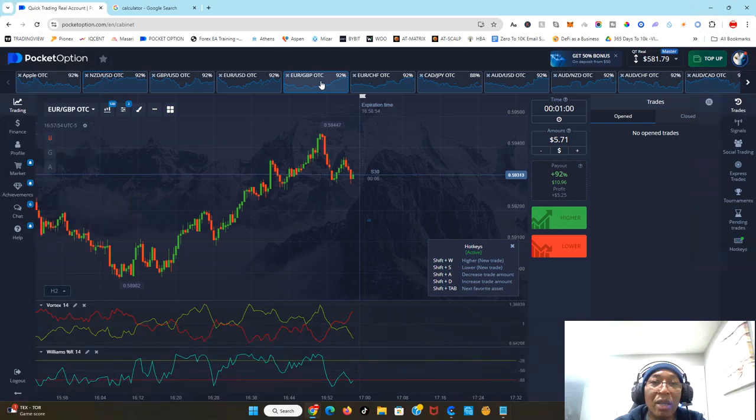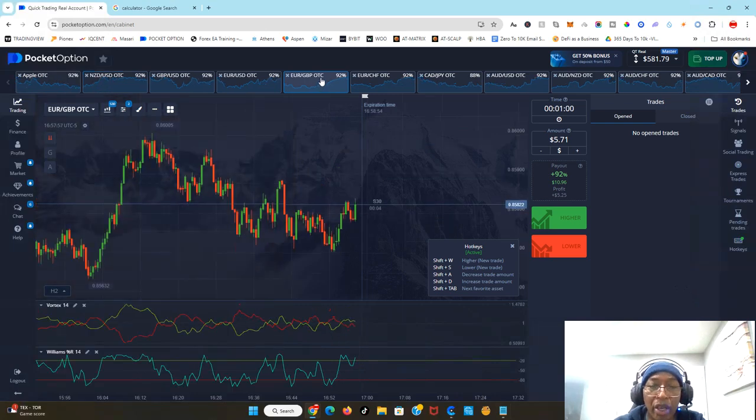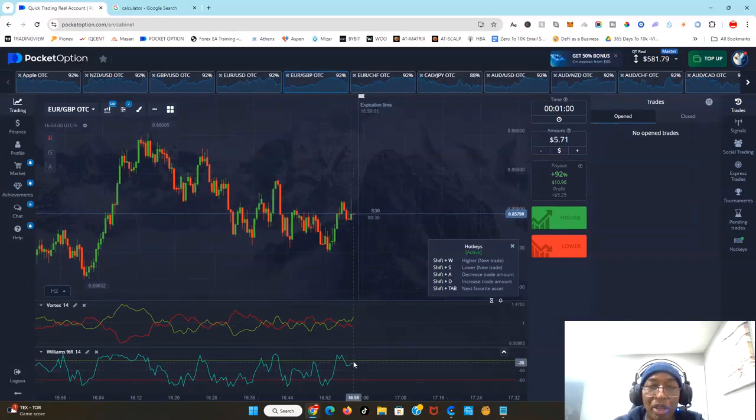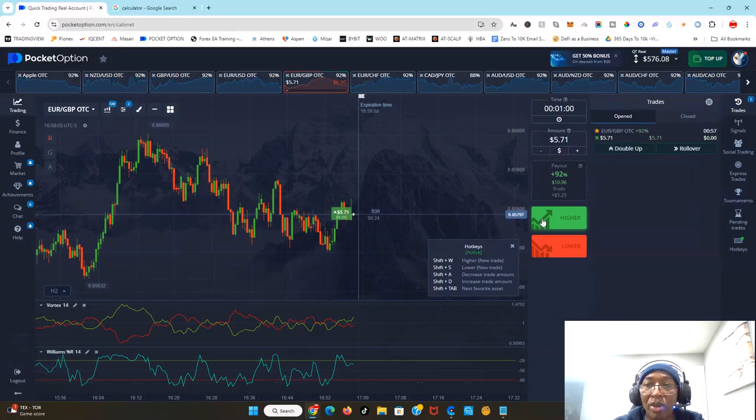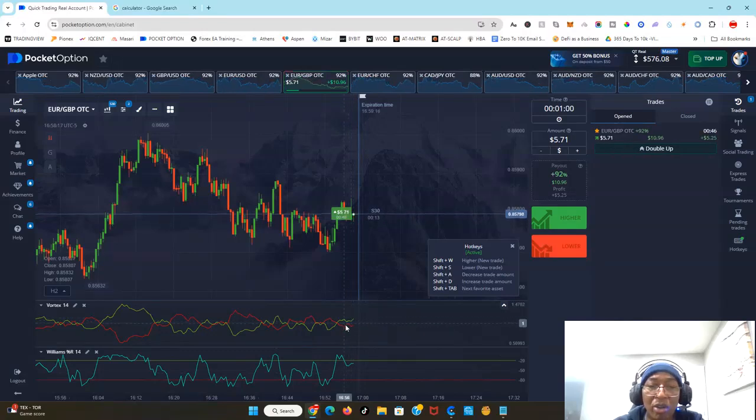All right, let's look at another pair. Okay, so this pair is definitely a strong upward trend, guys. You can see, so we're going to go up there. It's a strong upward trend, and I'm already in the trade, but who knows? I didn't spend much time analyzing, but why did I say it's a strong upward? Because I see the buyers are much stronger on here. You can see the Vortex is showing us that the buyers are very strong. The William is way above the 50 mark. You can see the 50 mark here.